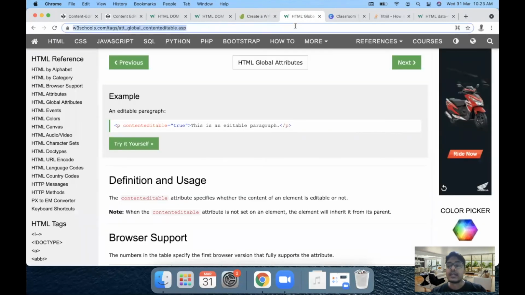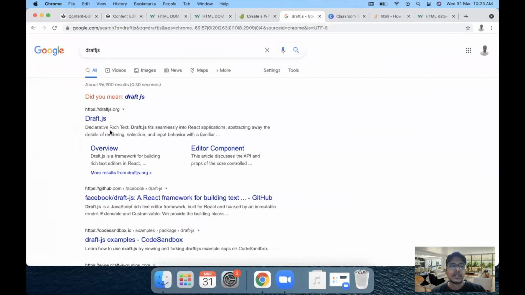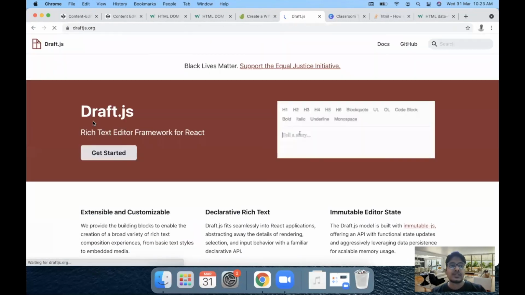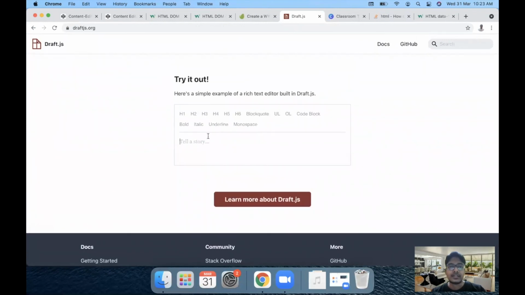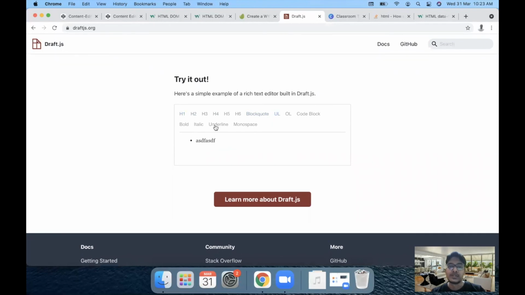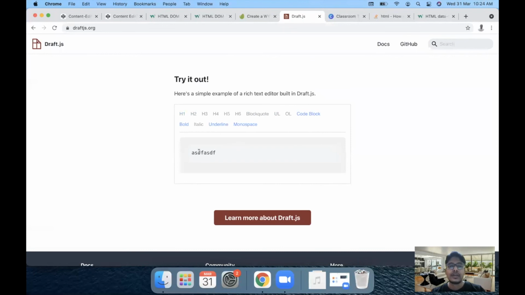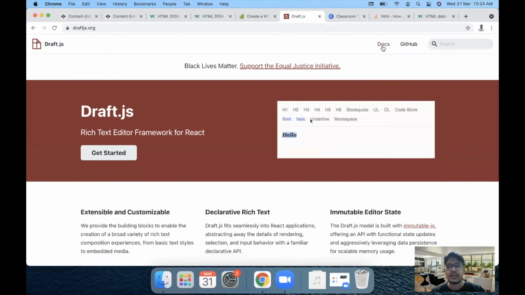Another thing is contenteditable is used in a lot of libraries for building text editors. One of them is Draft.js by Facebook. This is a full-fledged text editor library which uses contenteditable internally. As you can see, we have a proper editor like this using Draft.js. What I would suggest is instead of going for a custom editor, you can use this library directly. It uses contenteditable but has some wrapper which allows you to make all sorts of changes like this, and there is great documentation here.